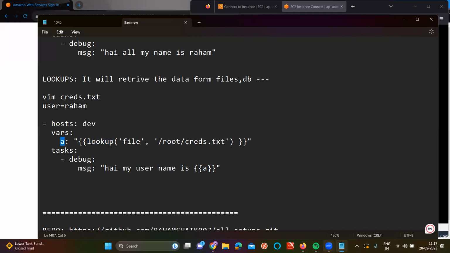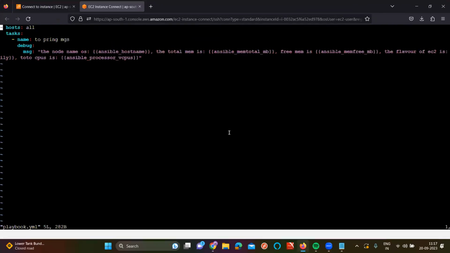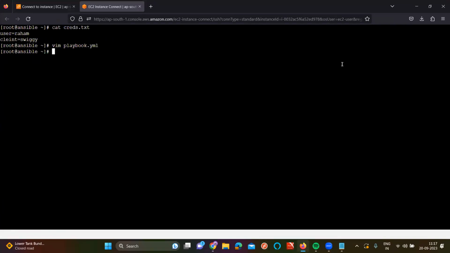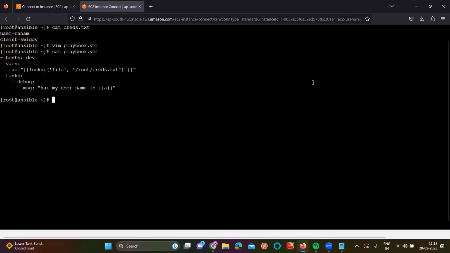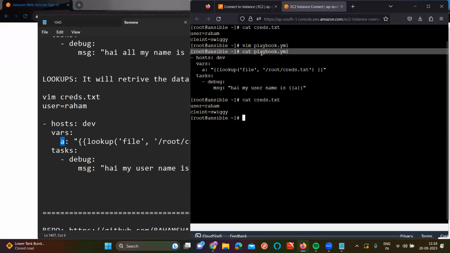If you want me to show, let me create a playbook here. vim playbook.yml. Remove all of it, paste it here. Now see how I'm going to explain the playbook. cat playbook.yml, cat creds.txt. Inside the playbook, I'm running this on dev. Of course, dev or all or test, whatever you want. Under variables, with the help of A, you are using the lookup module. Why use the lookup module? To extract data. Your data is in a file, and your file is under root,